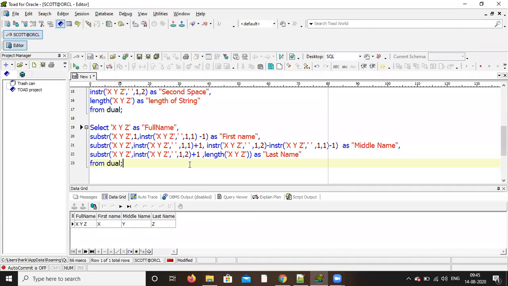Okay. Now change XYZ to any name. Let's try. Instead of XYZ, you write any other name, whatever length you want. Copy and paste it wherever XYZ is there.